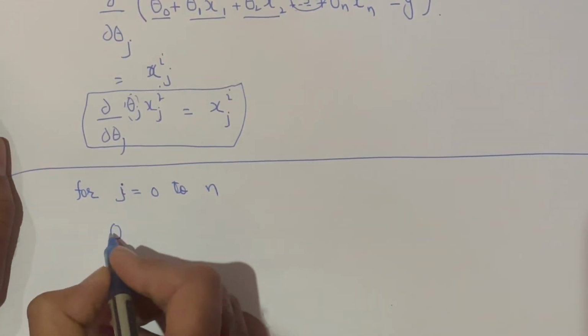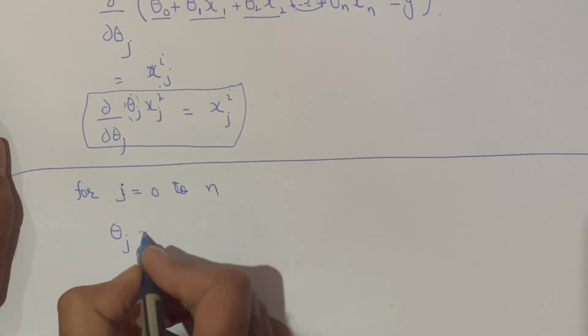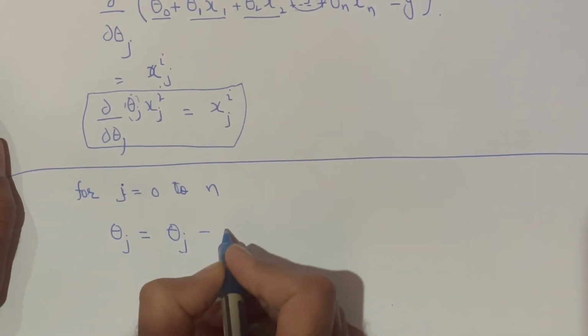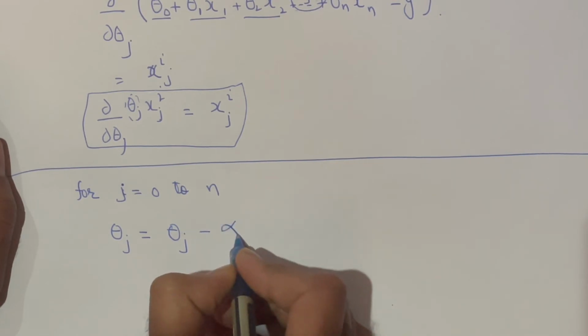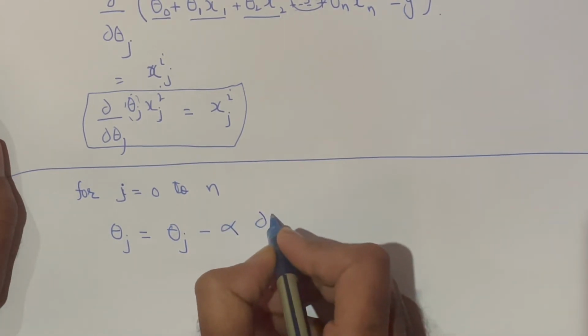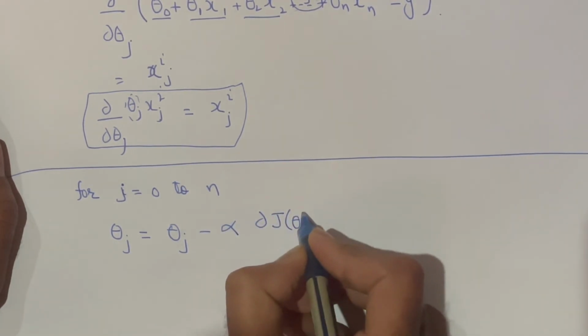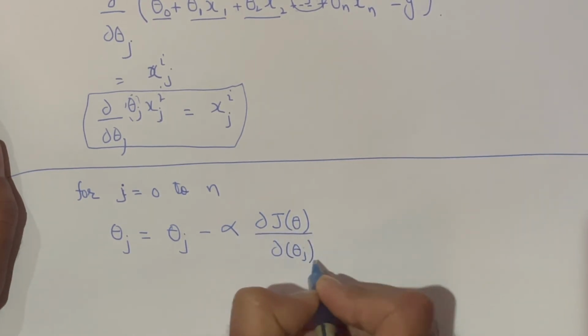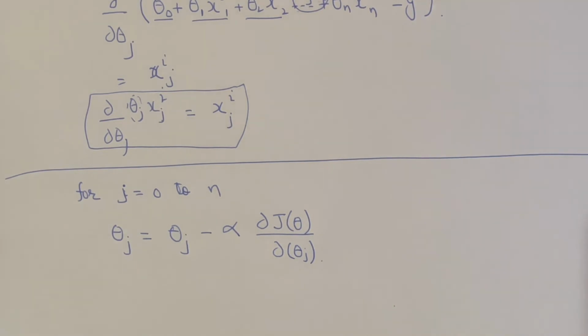Theta j will be equal to theta j minus alpha times j of theta with respect to theta j. So this was our update rule,